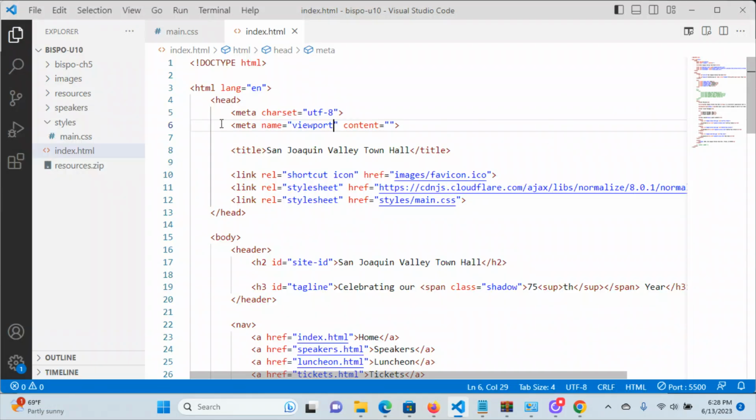Okay, so we got meta name equals viewport, content equals, and this is where you just kind of have to memorize this. There are two things that should go in there, either one of which is probably enough by itself, but you put both in there in order to be safe and make sure you cover your bases with all the major mobile browsers. So the first one is, and this one always kind of teed me off, but with